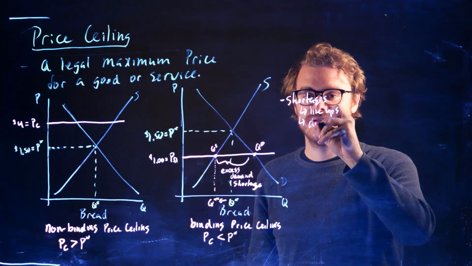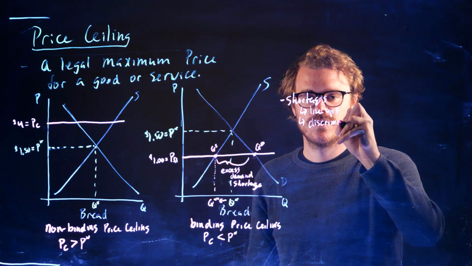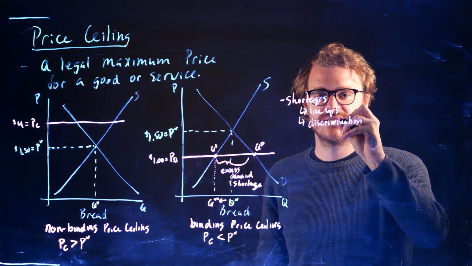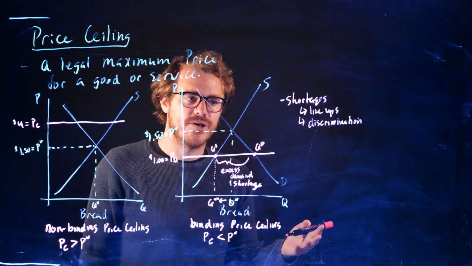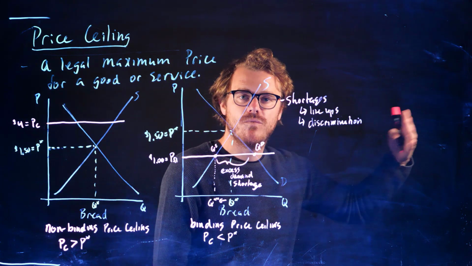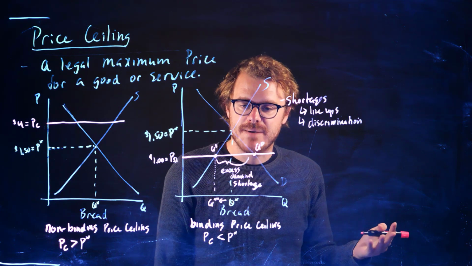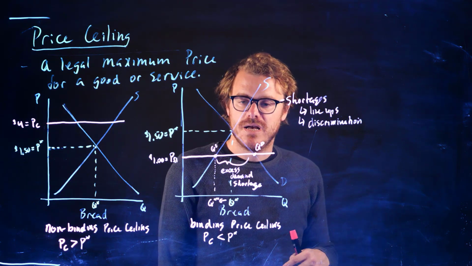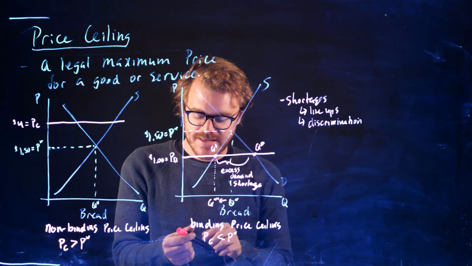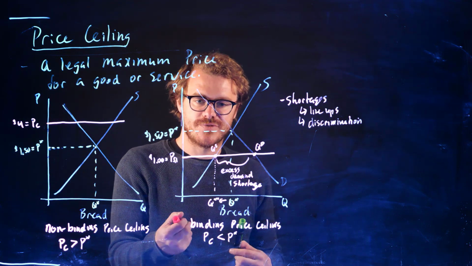There could be discrimination. There's a shortage of things. All of a sudden, sellers can choose who they want to sell this product to, and so they can like the look of one person but not another. So we could get some discrimination happening and things like that. Now, again, we can think about, there's a shortage for bread, and